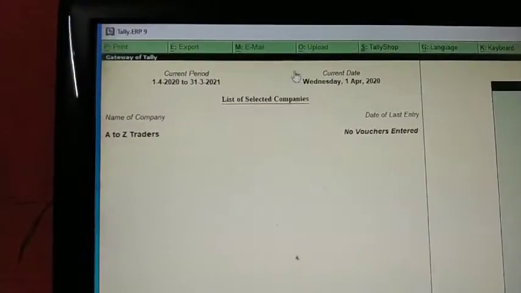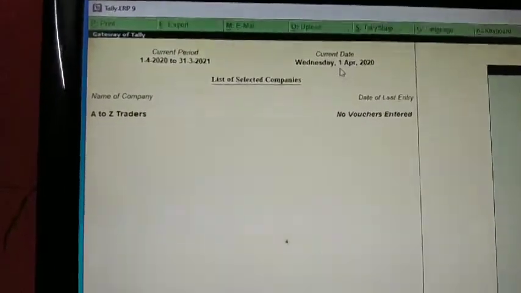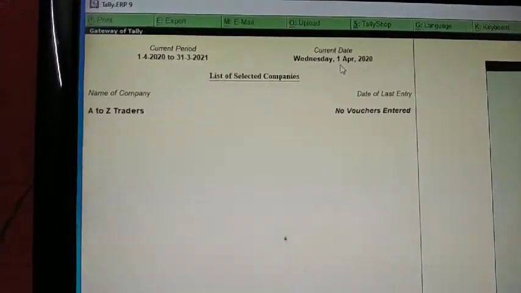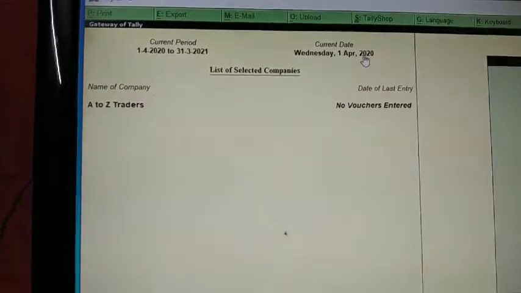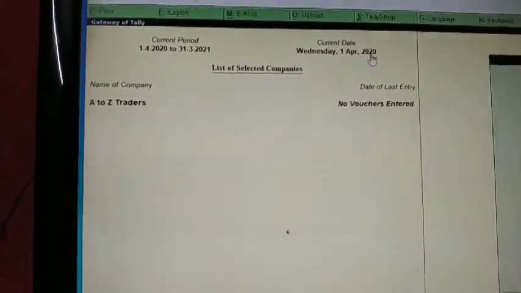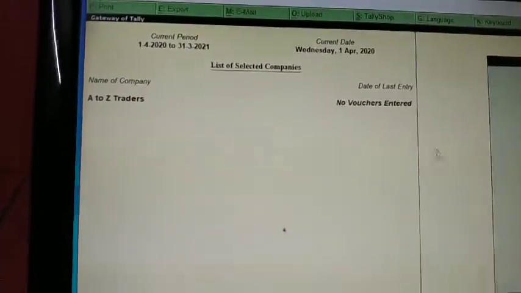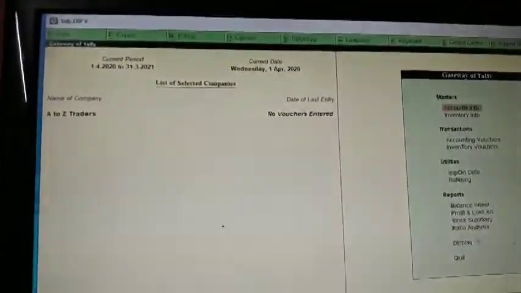And according to this date, the current date will come. Tally will accept the date as 1st April, Wednesday, 2020, which is the first date. Or if you are entering some other date, the current date will automatically appear over here.